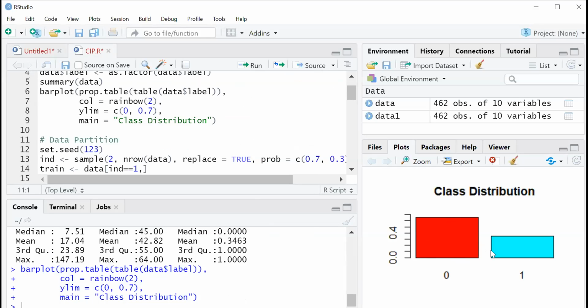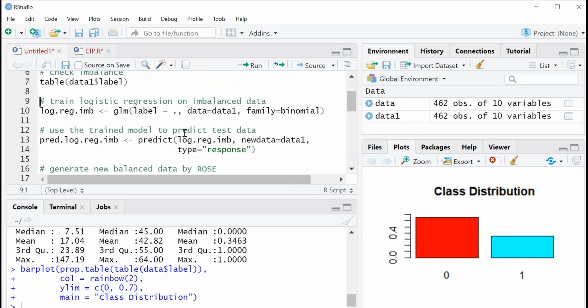So we are noticing the class imbalance between your positive class and your negative class. All the time we need to treat the class imbalance in your data using some class imbalance learning algorithms. So in our environment, we have the ROSE library.